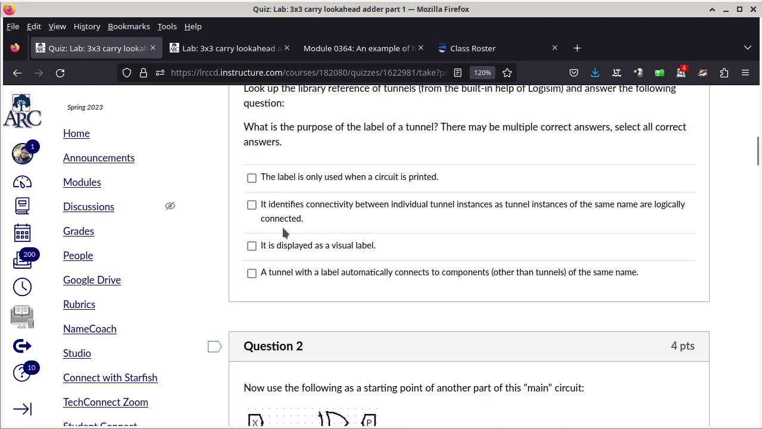So the correct answer here is the name of the tunnel is displayed as a visual label, but it also identifies connectivity between individual tunnel instances that have exactly the same name, so they're basically logically connected. It does not connect to other components of the same name, and the label is not only used when the circuit is printed, it actually has the other purpose of making a logical connection. Alright, so having said that, let me